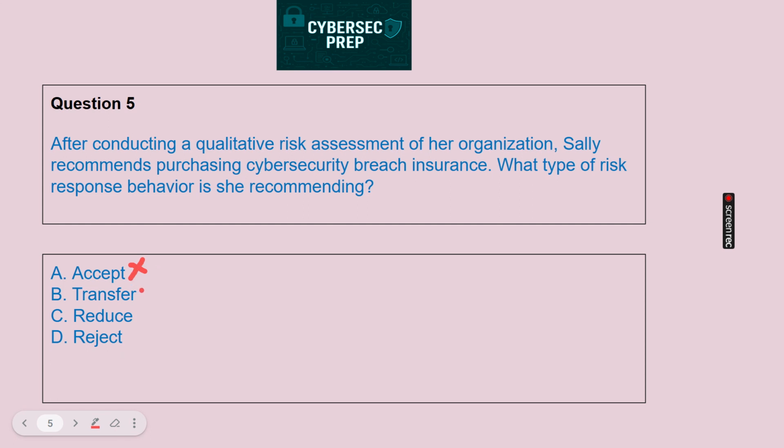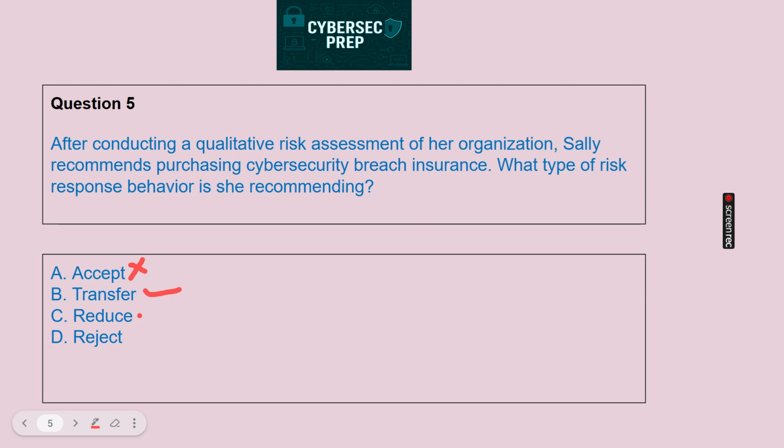Now we talk about the next option, which is transfer. So risk transfer is basically when we have transferred the risks to a different entity, right? So for example, purchasing insurance is a means of transferring risk. If Sally had worked to decrease the likelihood of the events occurring, she would have been using a reduce or risk mitigation strategy, which simply means that continuing to function as the organization has would be an example of acceptance strategy. So this looks like a right answer for now, but let's look at the other option, which is reduce